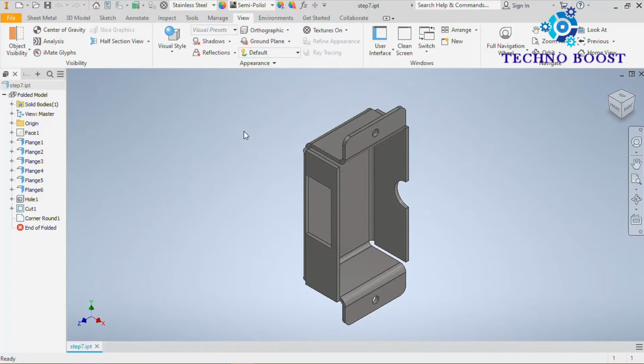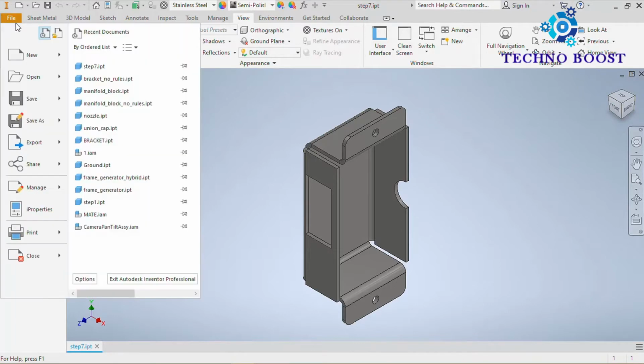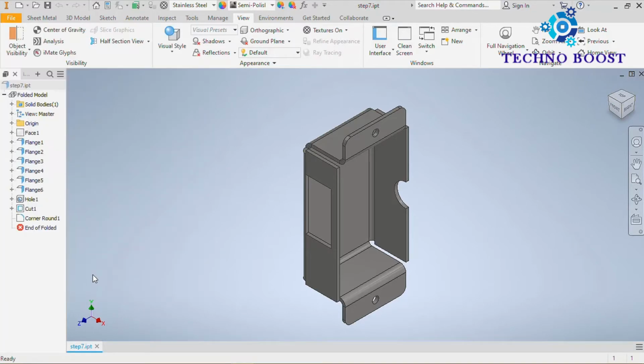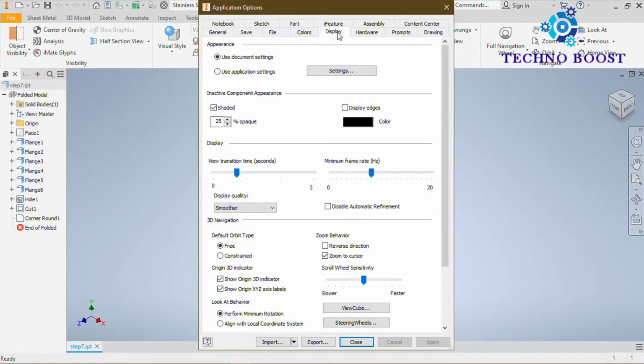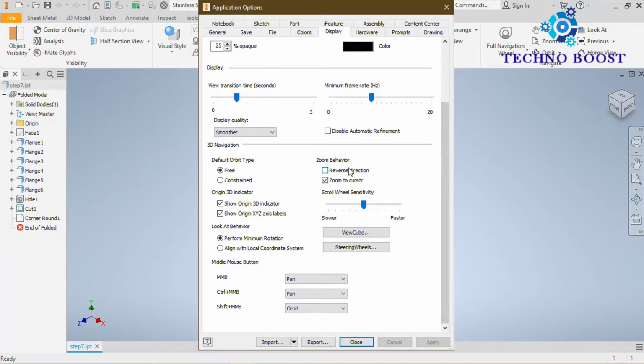If you want to change the settings for the mouse, go to File, Options, then Display. If you want to reverse the direction of the wheel, you can tick here. The middle mouse button is for pan.